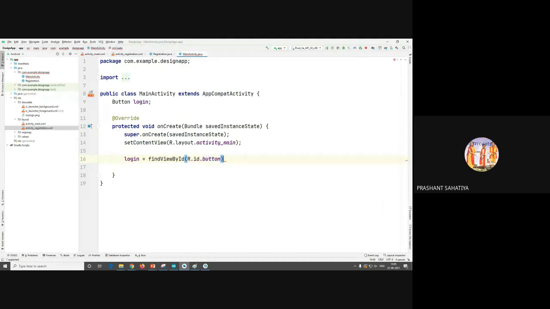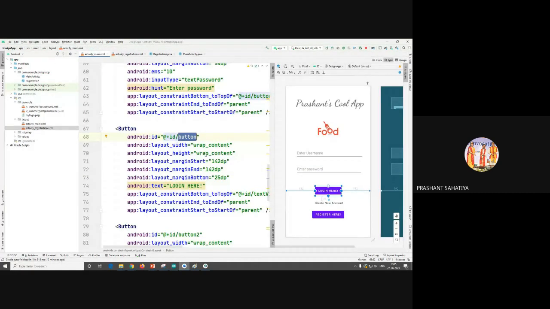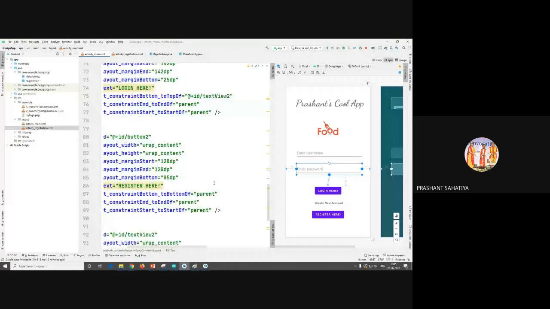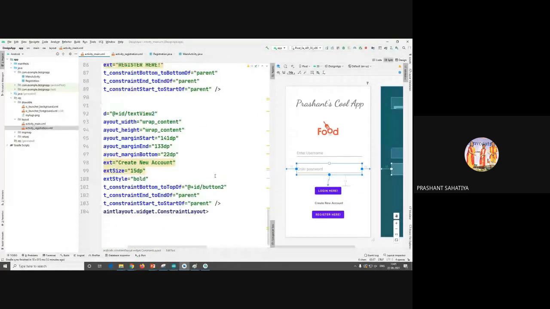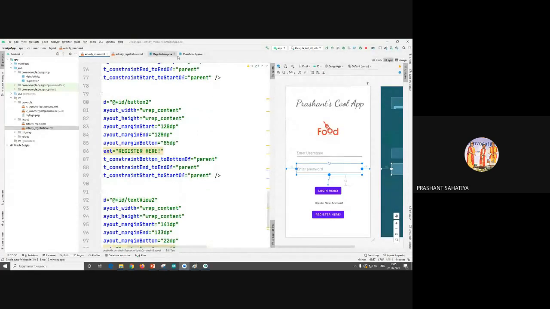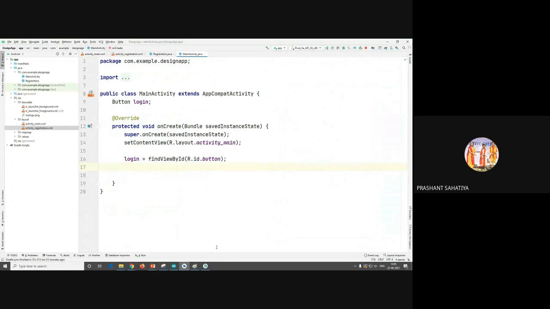ठीक है, you can change it, but it's our mistake, that's why I am not changing it. You can do here login. So everywhere, wherever the button is there, here it is button. ठीक है, कुछ और जगह पे बटन भी होगा तो वहाँ पे आपको लॉगिन करना पड़ेगा. ओके, let's see. तो view is fine.